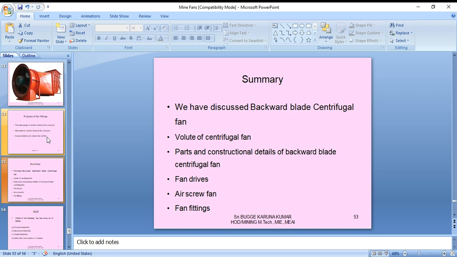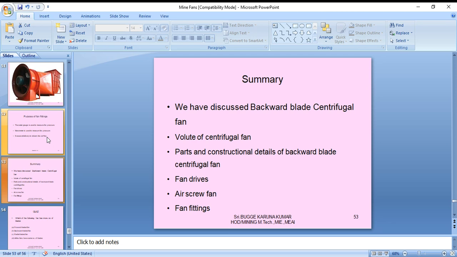You got to know particularly the centrifugal fan, how it is constructed in the mine, particularly the impeller blades, and how the shaft connects to the drives, particularly which type of drives are used, induction motor connecting, and also the fittings like the evasé and manometer to maintain the pressure continuously, and also some axial screw fan details,